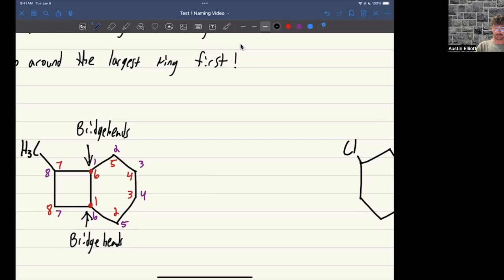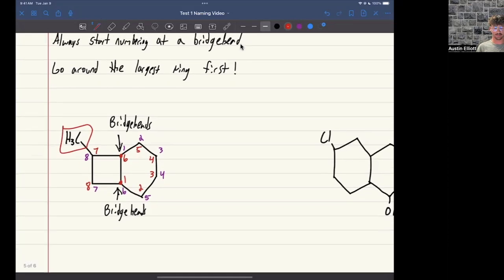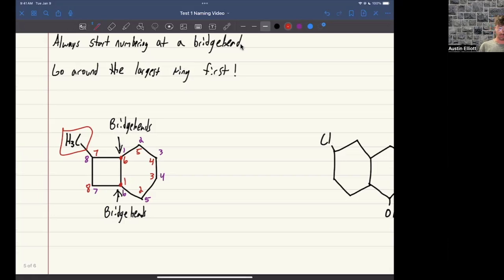So in this case, our red numbering system gives our methyl group right here the lowest numbering convention. So for our name, we're going to start off the same as with any group. So 7-methyl. And then this is where it gets a little bit weird. Instead of saying cyclo or anything like that, we say bicyclo, showing us we have our 2